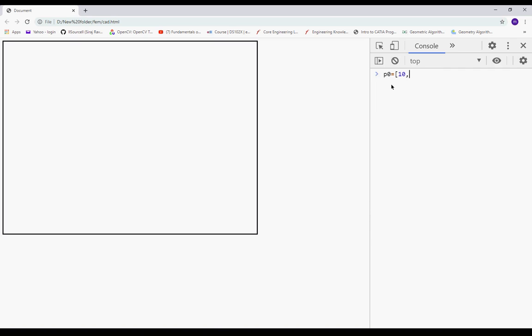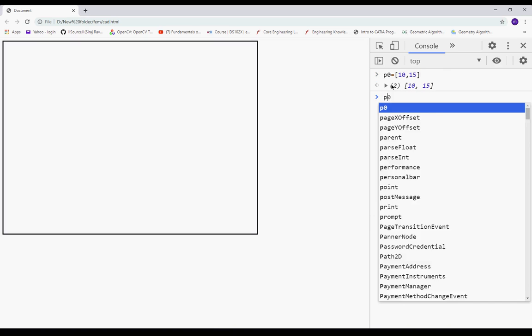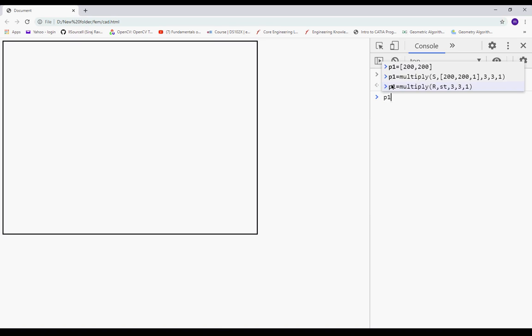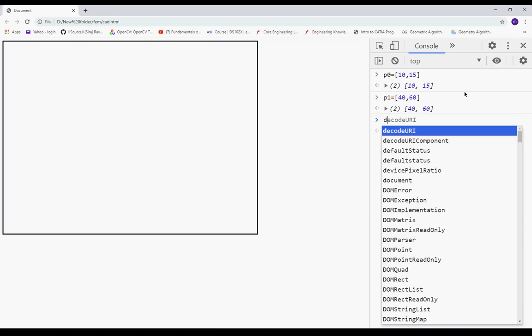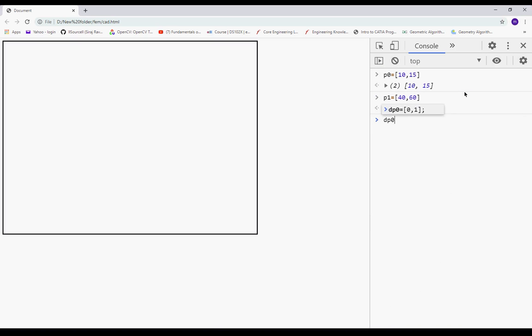So we will try to, you have those mx values and my values. Okay, so at least we will try to verify those values. P1 40, 60, okay. So we will be in a position to verify this value.